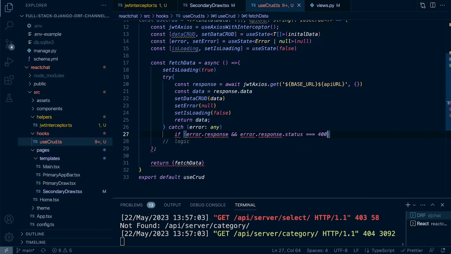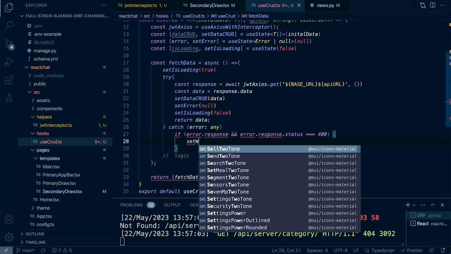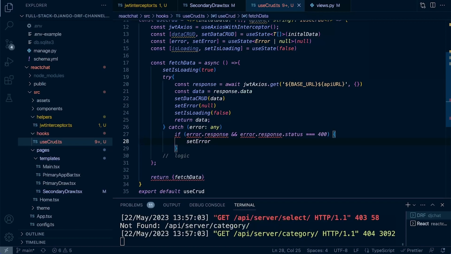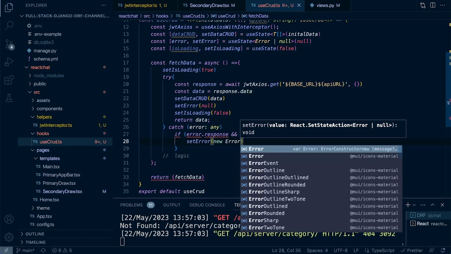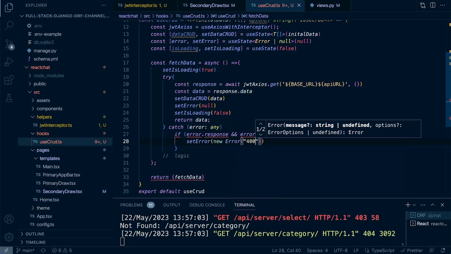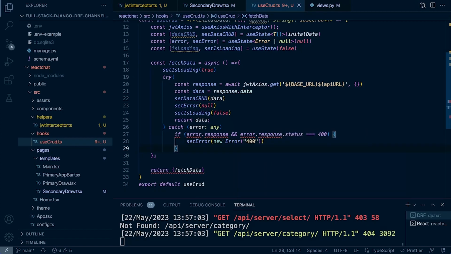If that equals 400, then let's go ahead and do something special. Let's go ahead and set the error in the state to this information. So new error 400. Okay, so what we've done there is if we receive the 400 status return, then what's going to happen is,